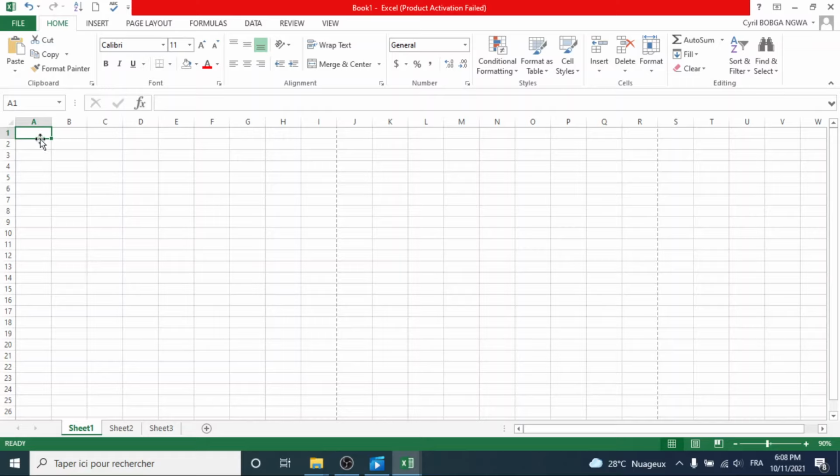But the simple and easiest way to enter data is just to come to the cell and then you start typing. Let's just say we type, for example, name. That's name. You see, you press enter, and then